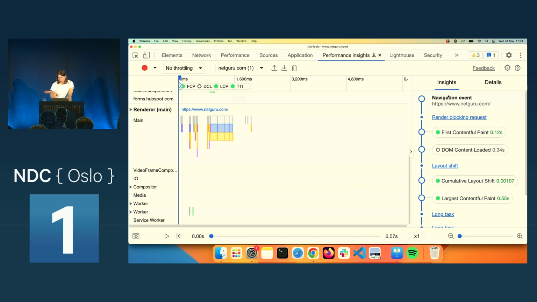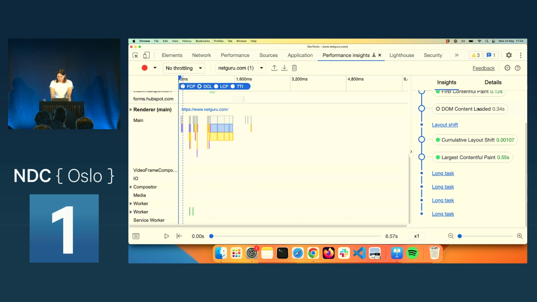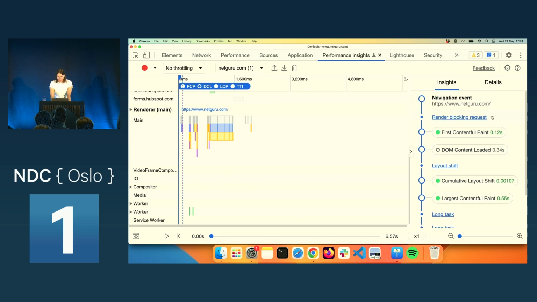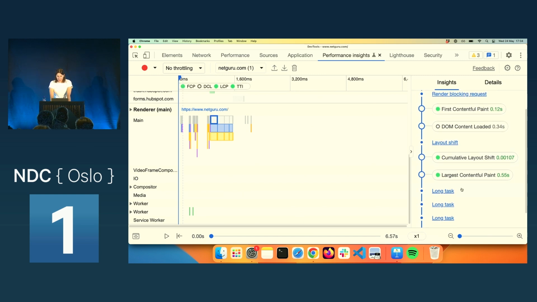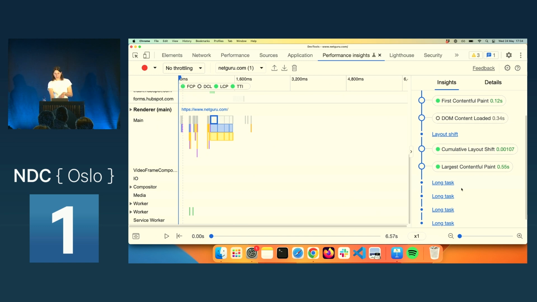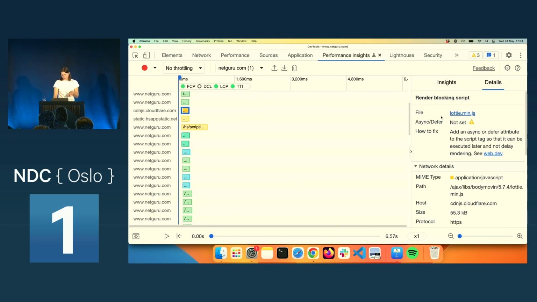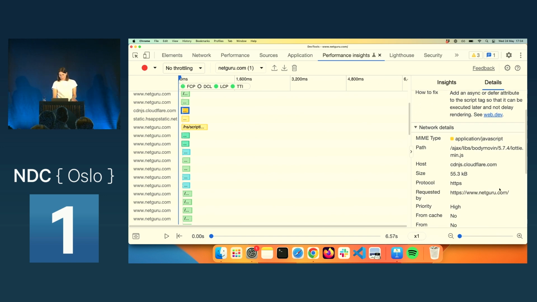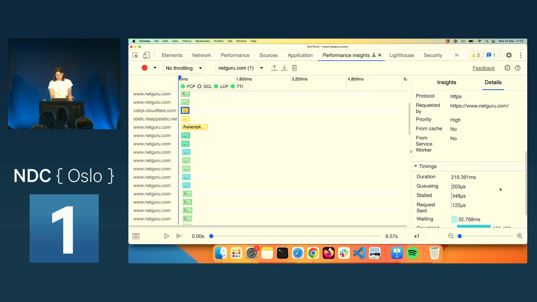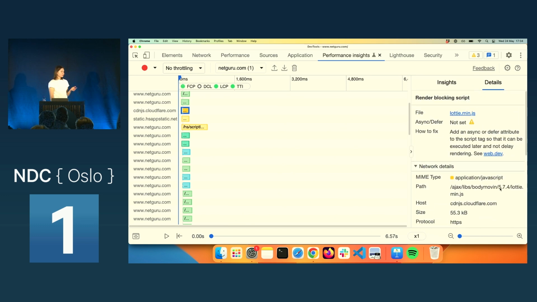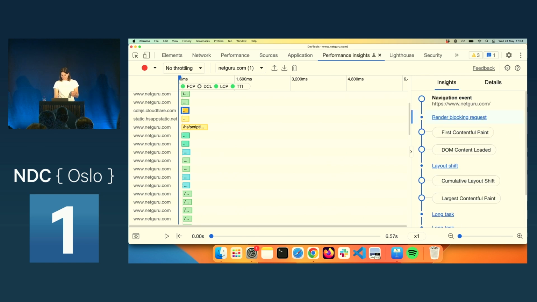But what I find particularly useful is that from this navigation event, we can see some things in between the regular parts of the loading on the page. So for example, we can see, okay, there were some render blocking requests, and it will give you some details. It will tell you how to fix it. It will tell you which script was part of this problem. And I find it's really useful, especially if you don't know how to read things,